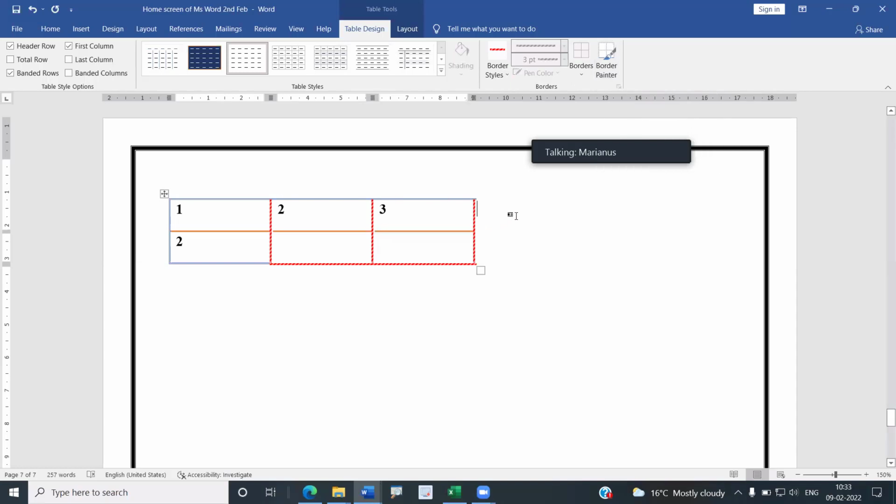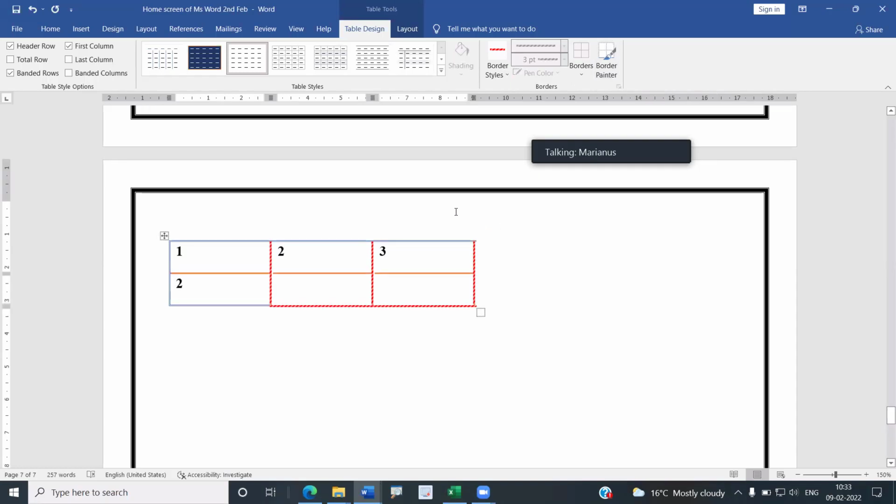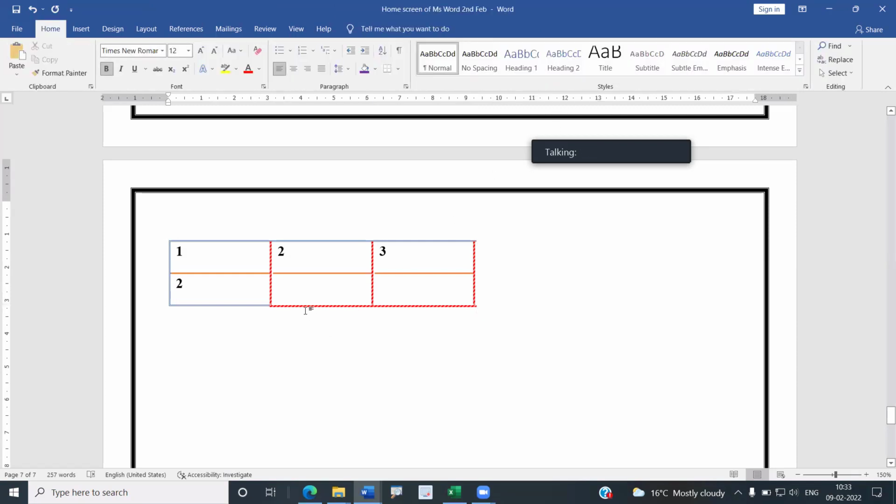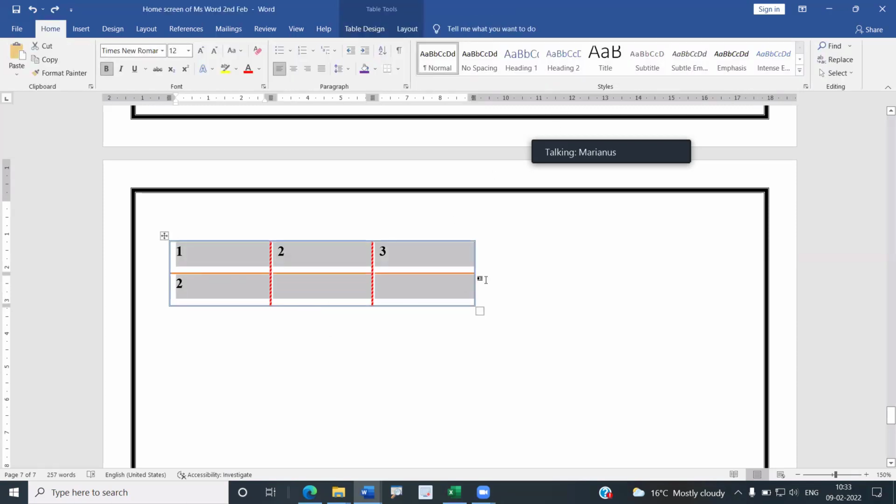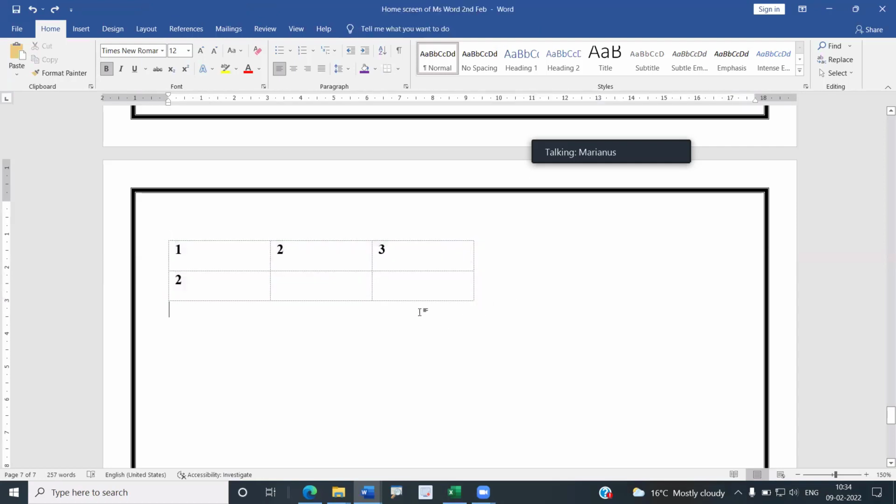What is the work of format painter? Can anybody tell me what is the work of format painter? Who can tell me? Anyone can tell me the work of format painter? We have already discussed copy format and paste format. If anybody has remembered, can anyone tell me? Yes, any one of you? We have discussed now copy format, sir, and the copy format and the paste format is in home tab. Okay, so what is the work of copy format?